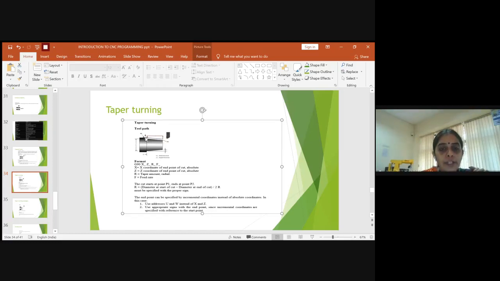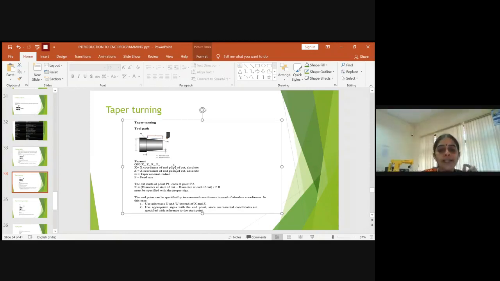So you should know the variation which is coming into picture from P1 to P2. So the radius variation you are getting from here to here could be calculated as the diameter at the start of the cut minus the diameter at the end of the cut, divided by twice the radius. Okay, so this is the R value. R is not the radius, it is the radial taper amount. So here you can see this is the beginning diameter. It's diameter at the start and diameter at the end. So if you take the difference of these two, we get the radial value which will yield as the taper amount.